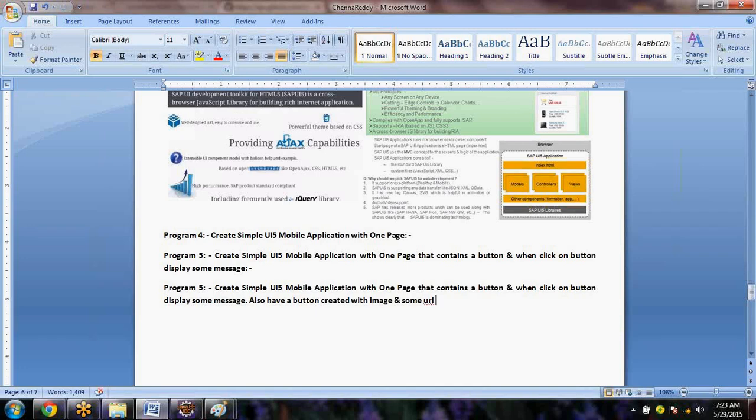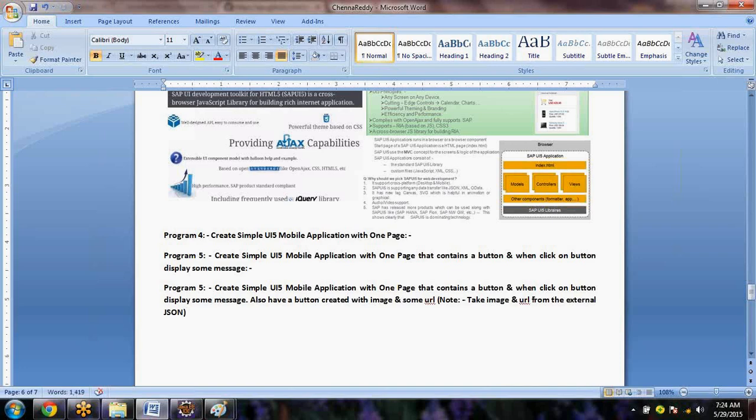Note: take the image and URL from the external JSON.